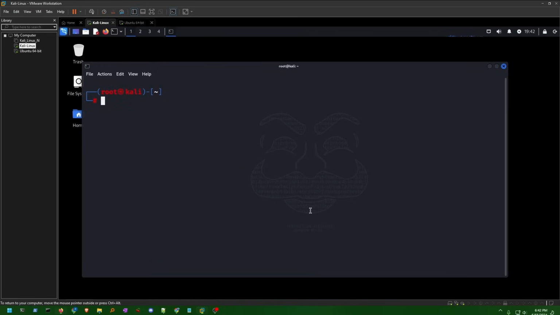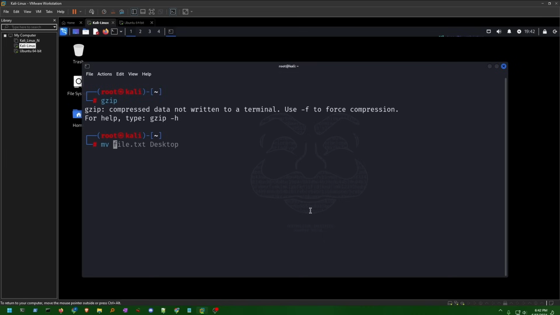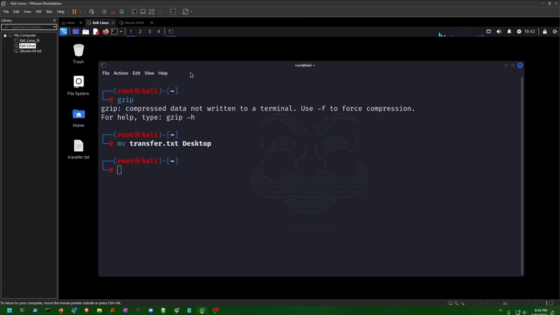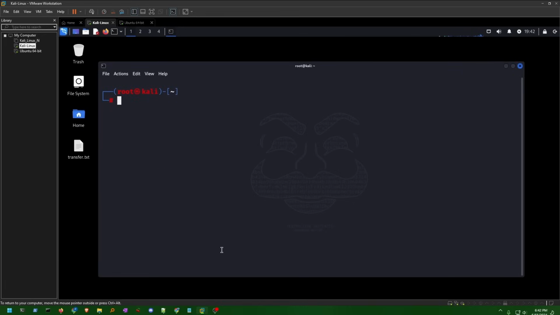Now, the next command is going to be the gzip command. You can use this command to compress files just by running gzip. So it'll allow you to compress files. Let's go ahead and actually move the transfer file to our desktop folder so that way you can visualize it at the same time. So if we just do gzip and then transfer.txt,